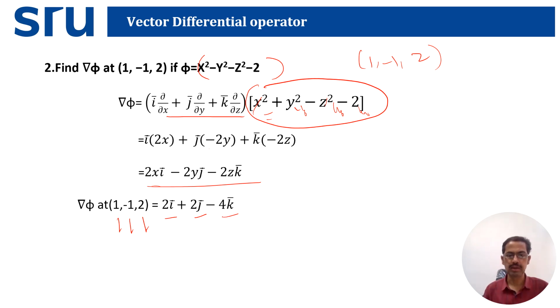So 2i bar, 2j bar, minus 4k bar. This is the del phi, or grad phi, at a given point. And next is